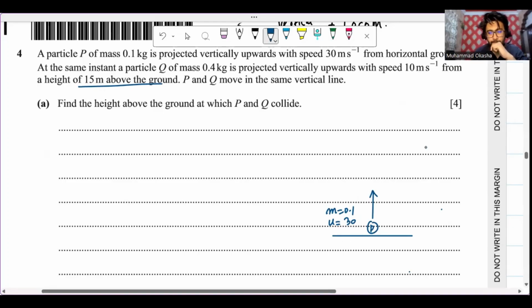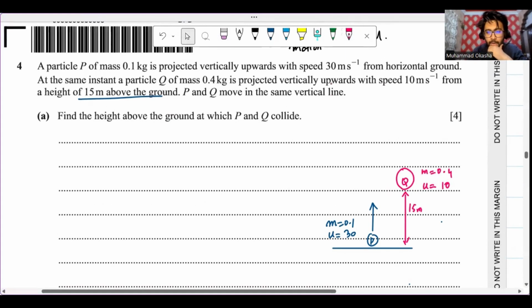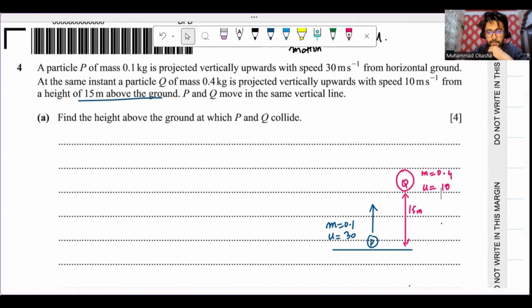And from a height of 15 meters, another object, let's call this object Q. This object is bigger because the mass is 0.4 kilograms. And this is projected vertically upwards with a speed of 10 meters per second. I'm not going to put in the units. 0.4, with a speed of 10 meters per second at a height of 15 meters above the ground,